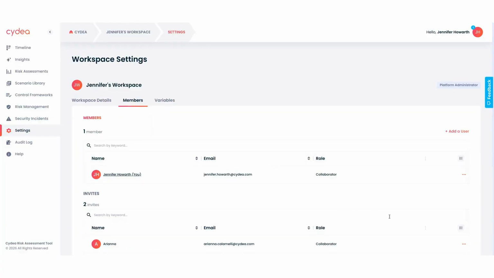So when you click collaborator, you click invite, and an invite is sent to their email box. They'll then need to use that invite to sign up to the platform, and there's further instructions on a separate